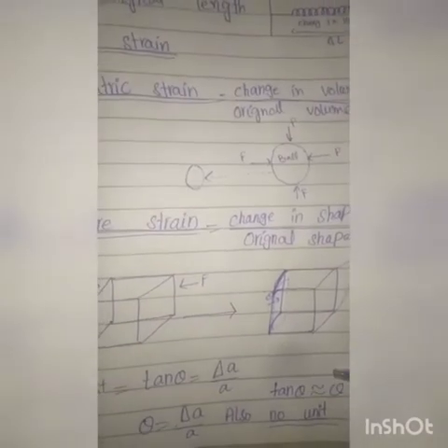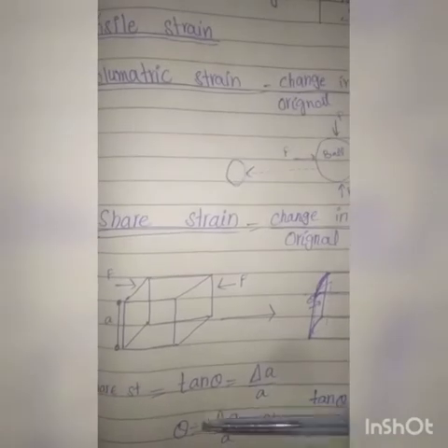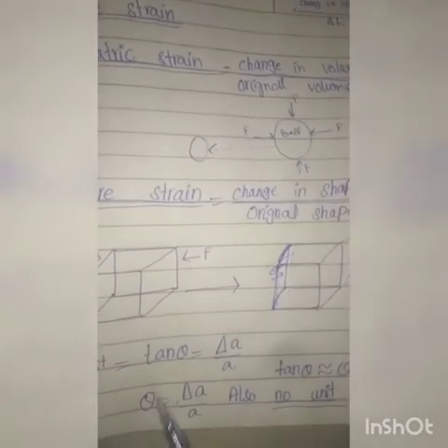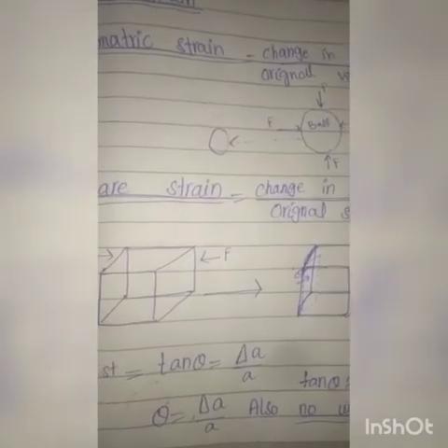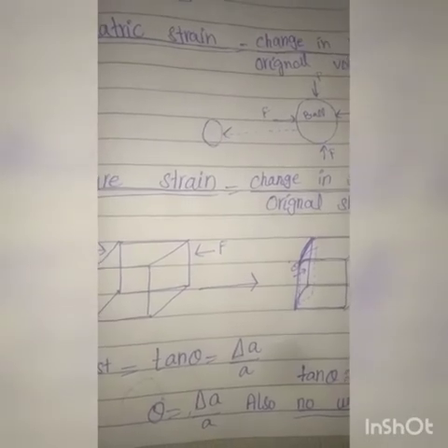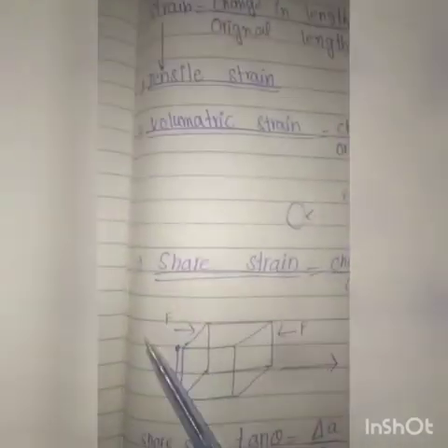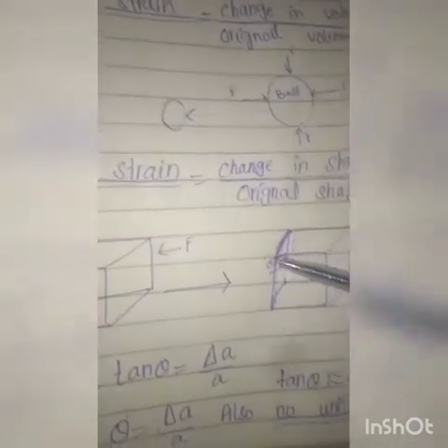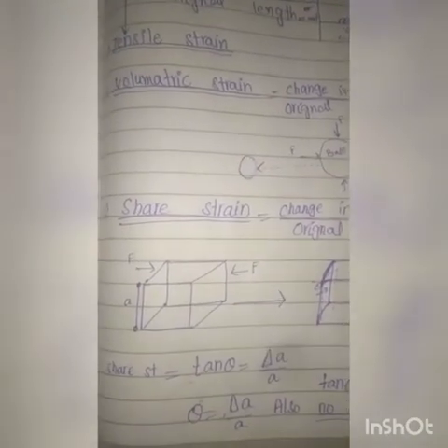Also this theta is very small because this side tilts from its original position. So mathematically tan theta equals theta. So we can write tan theta equal to theta. So theta equals delta A over A, and this theta is called shear strain. Here this theta is the turning angle. The turning angle means the angle by which our original side A turns from its original position, and after turning it produces a change in its shape, which is this. Here tilt means the turn of this side. So this is our shear strain.